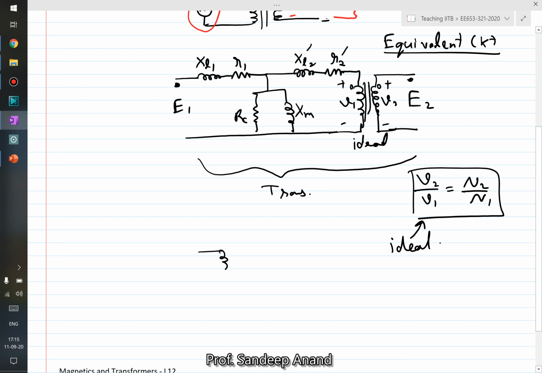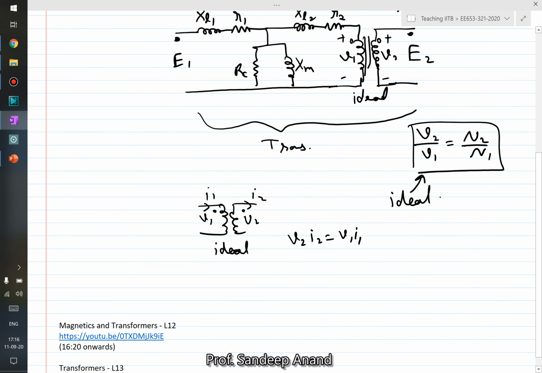If you take an ideal transformer, right, and V1, V2, I2, I1, right? Since an ideal transformer does not have any energy storage in it, neither is it producing any losses, therefore because of the energy balance, V2 I2 becomes equal to V1 I1, and therefore if the current I1 is entering the dot, current I2 has to leave the dot. There is no other way out because the transformer cannot store any energy in it. This is for an ideal transformer.